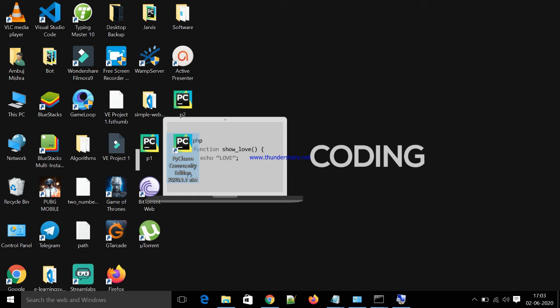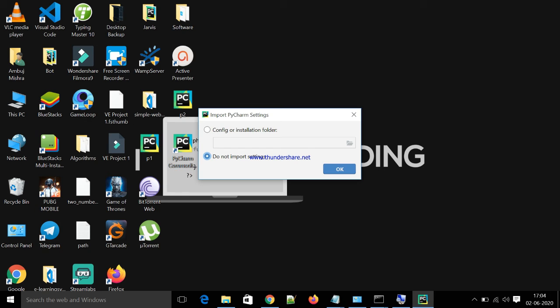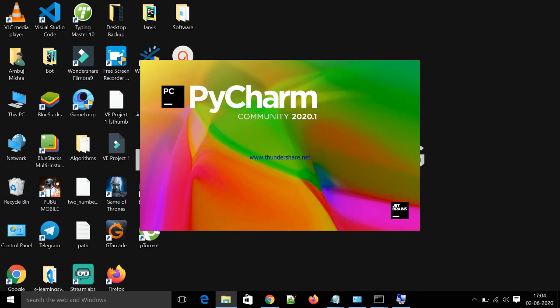Make sure you follow the proper sequence of steps so that a proper environment is created for your Python programs in PyCharm. And if you have any kind of doubt or confusion in your mind, you can comment in the comment section, or you can ask me, and I will answer you as soon as possible.